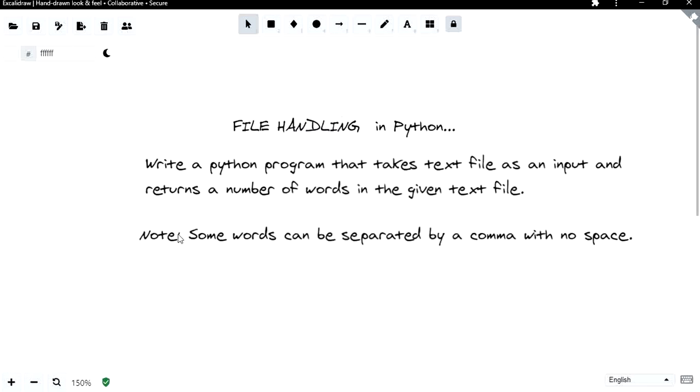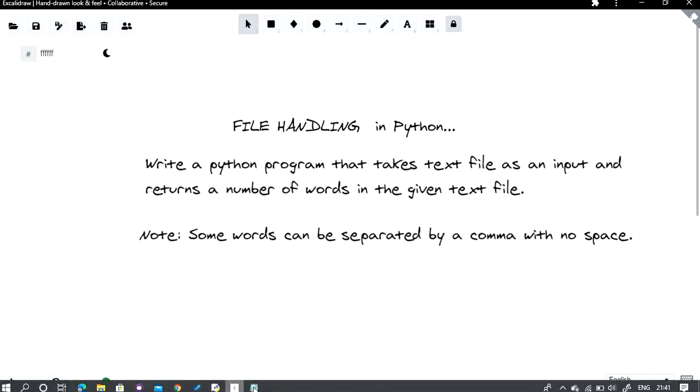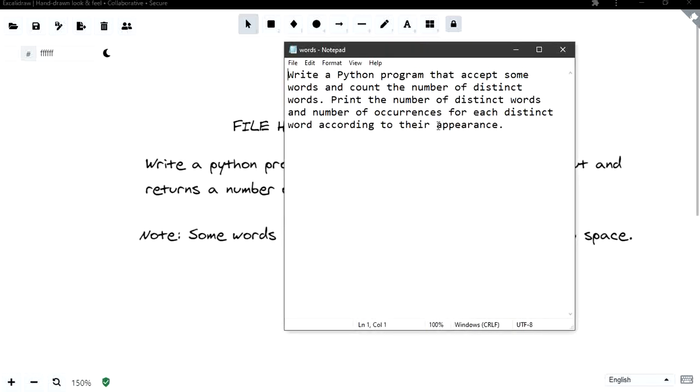Now note that some words can be separated by a comma with no spaces, like this. Like their appearance, it is not having any space but it has a comma, and Python will consider this as one word because it does not have spaces. Two words are differentiated by, sorry, not comma, by space.